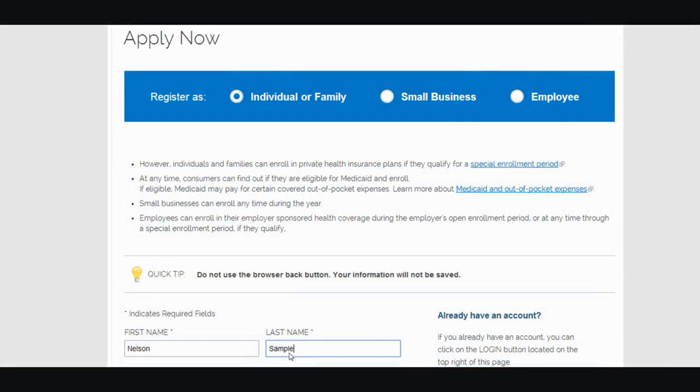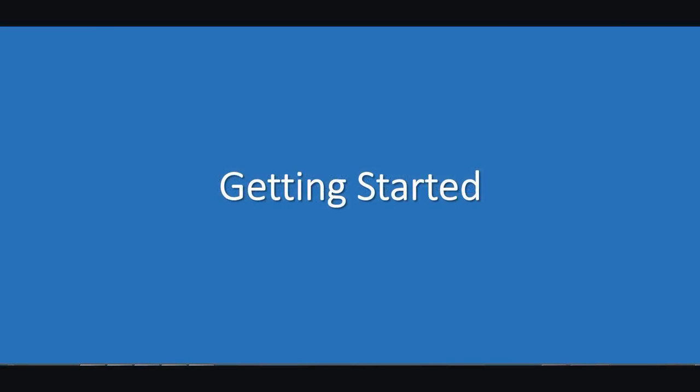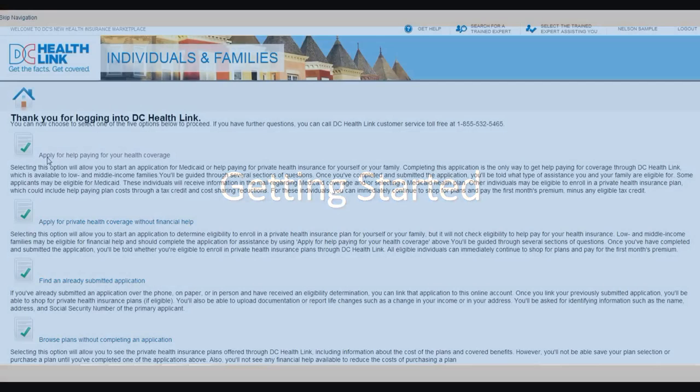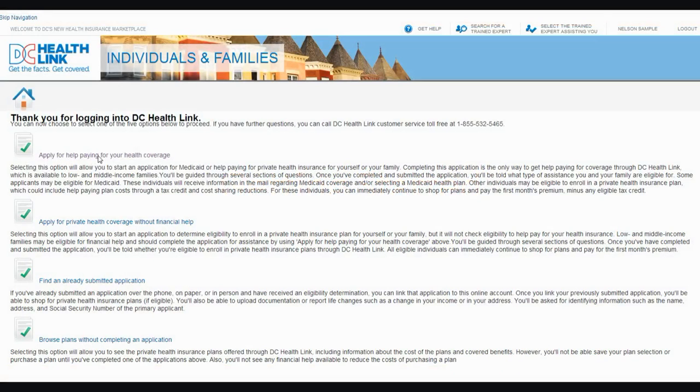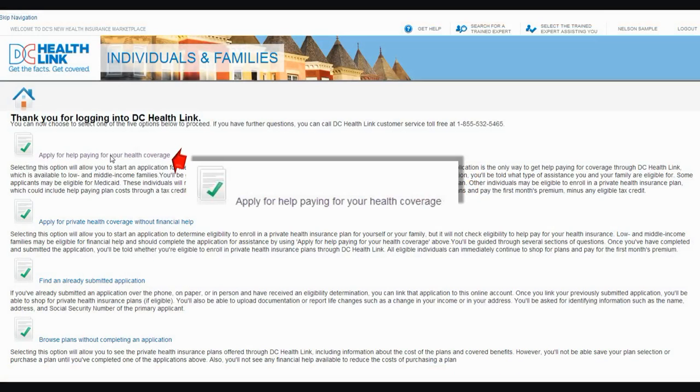You can create a username and password for your account on DC HealthLink. Be sure to save this information since you'll need it to log on to your account later. After your account has been created, you can begin your application for health coverage. Simply click on the link Apply for Help Paying for Your Health Coverage on the My Account homepage to get